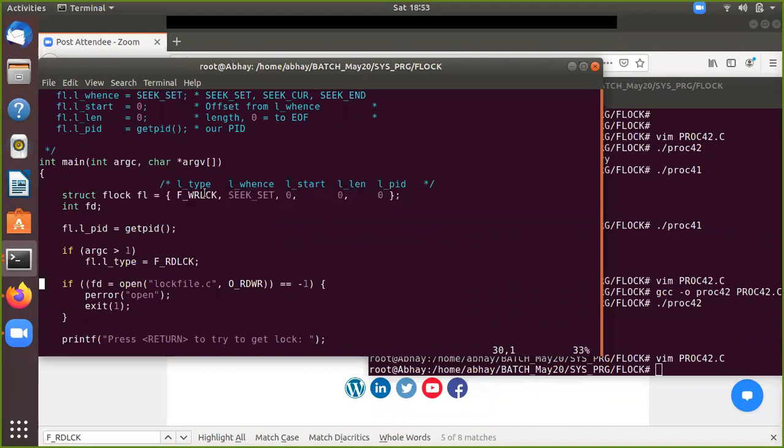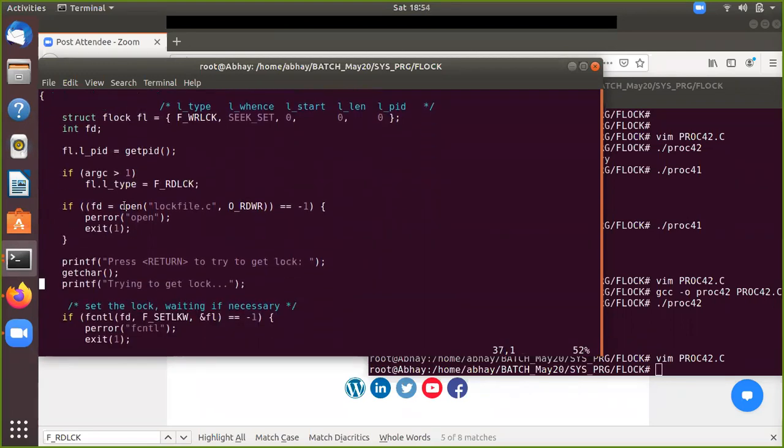So we are interested in WRLCK, SEEK_SET, from which position, 0 position, length is 0, and the PID we are going to get in the next line. So fl.l_pid, we're getting the PID with a call, this will basically give the PID.